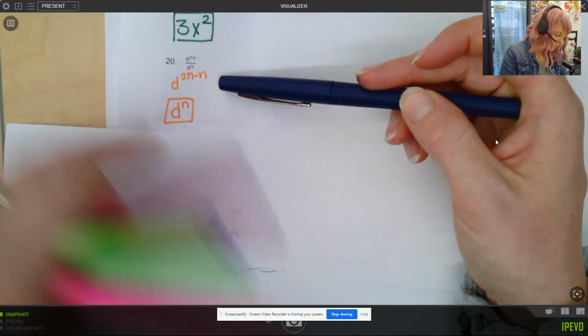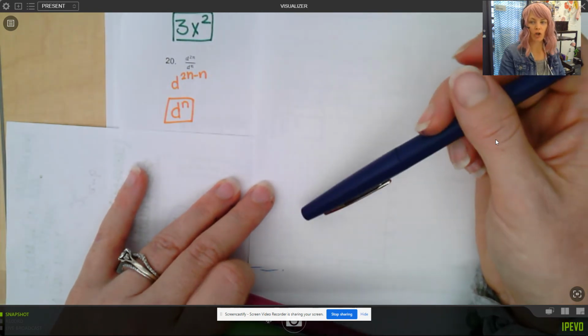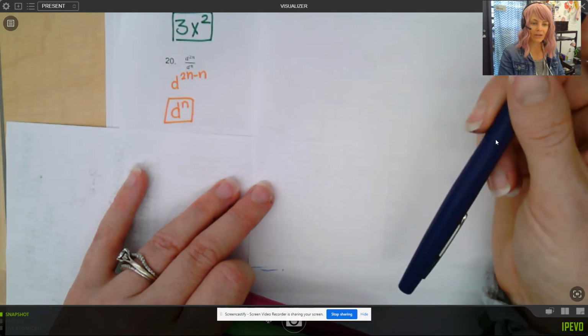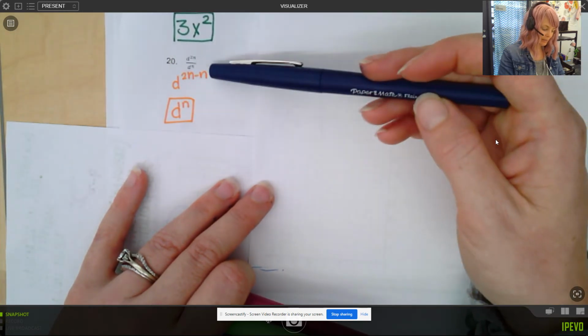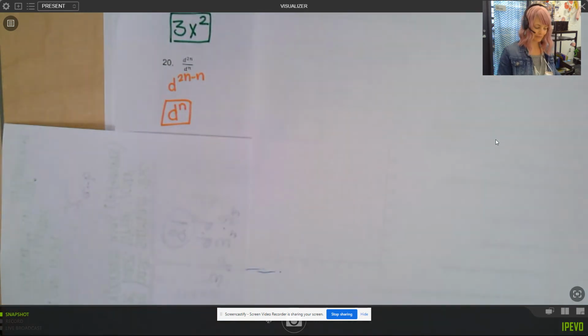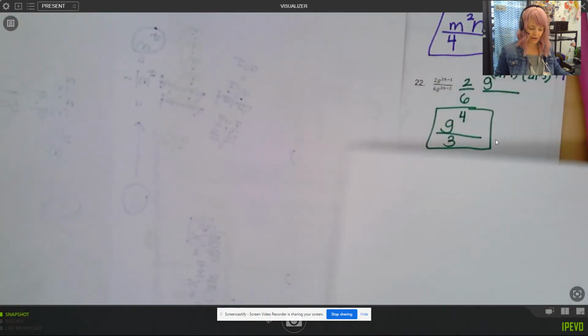Okay, so taking a look at number 20, we have d to the 2n over d to the n. So remember, what is the larger exponent? 2n is definitely bigger than n, so our power is going to end up in the top in the numerator, and 2n minus n is 1n, just n, so d to the n power. And 22,